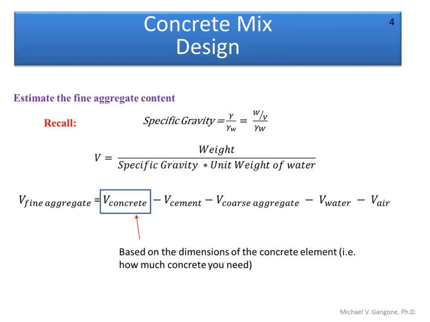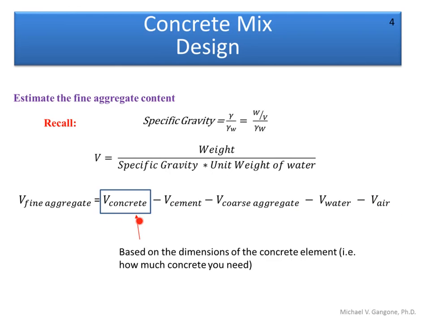And at the end of the day, when we know how much water, how much coarse aggregate, how much cement, how much air we want to add to the concrete, the last thing to determine is how much fine aggregate. Well, the fine aggregate is typically the last part of the mix. Okay, so if we've already calculated or know the cement, how much coarse aggregate, how much water, how much air,